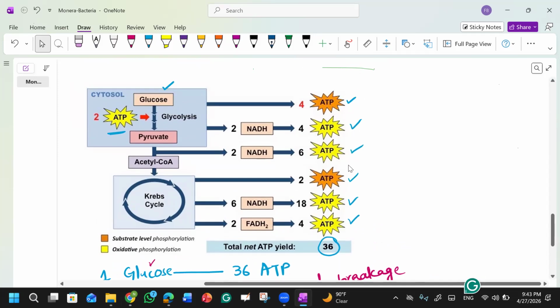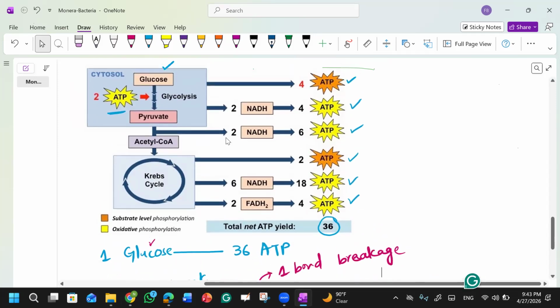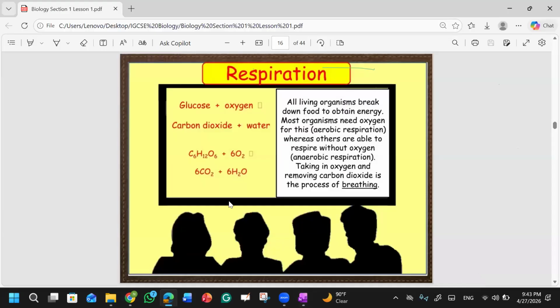In different reactions, you will get 36 total ATPs from just one glucose molecule. So this is the energy cycle. Taking in oxygen and removing carbon dioxide is the process of breathing. Simple breathing means taking in oxygen and giving carbon dioxide out. That is breathing. But when we talk about